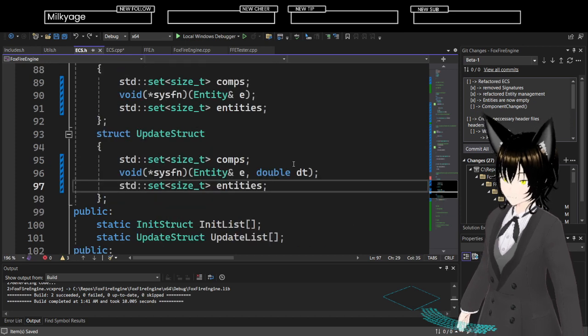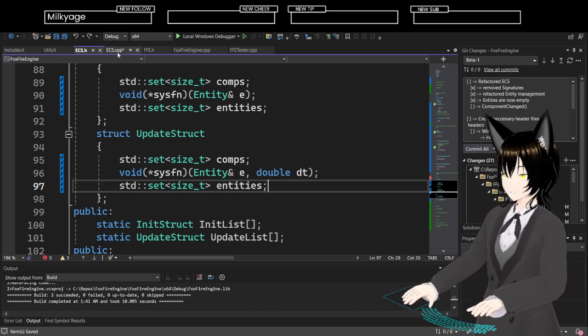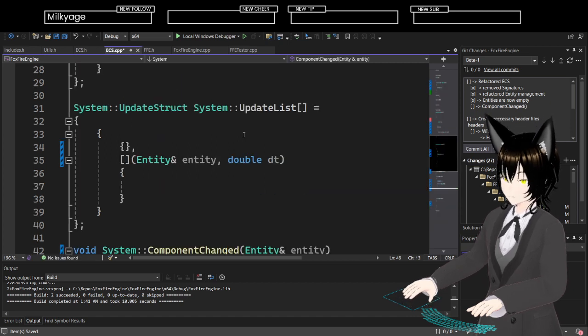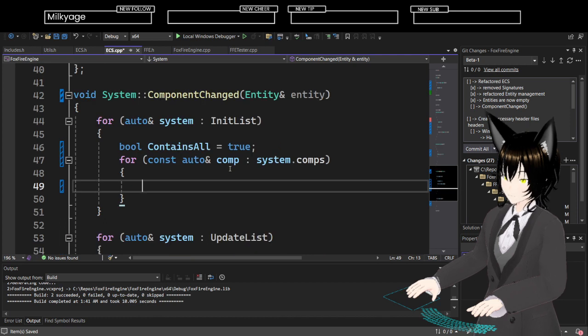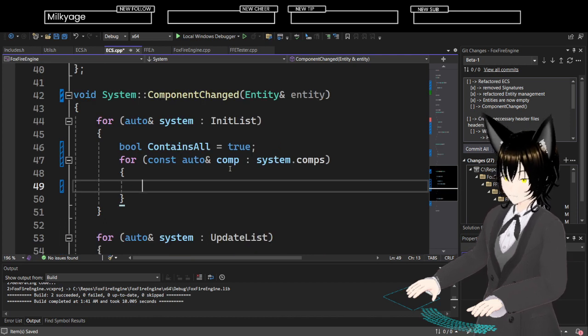Alright, I could have a set of... No, this would be a smaller footprint. Alright. Because there's also a lot of multiple things, right? So the contains all equals true